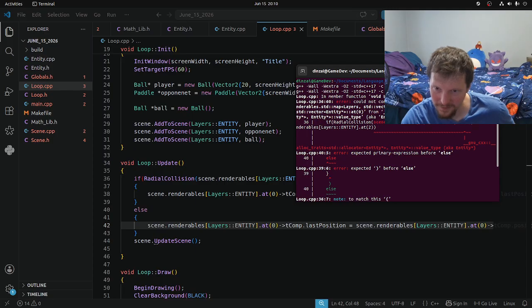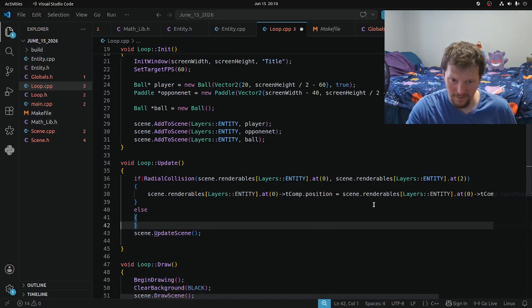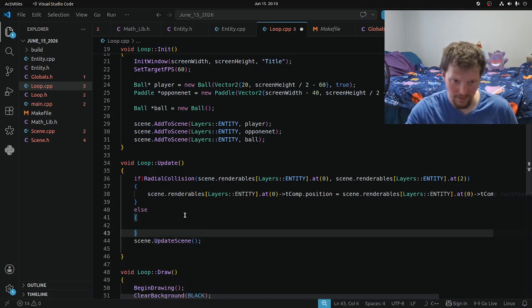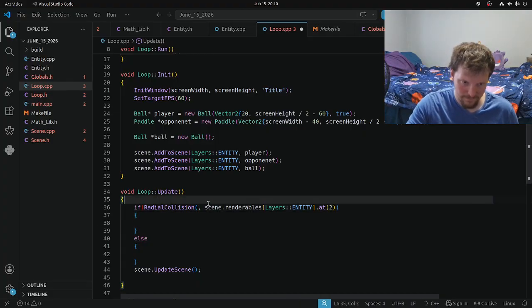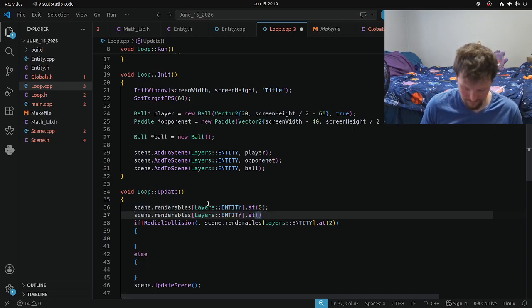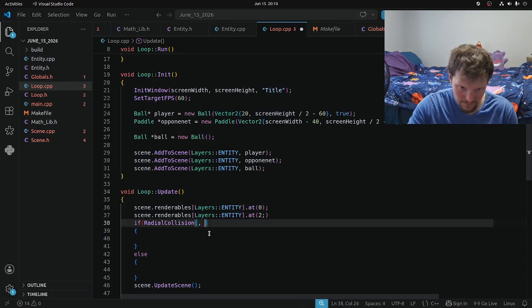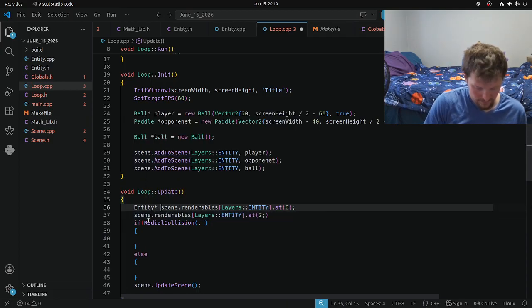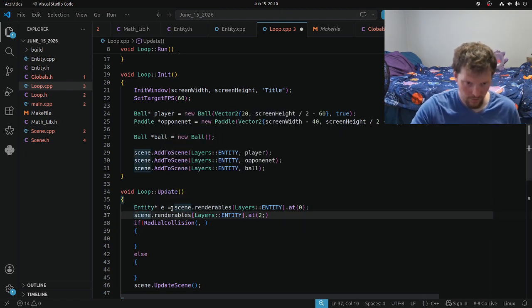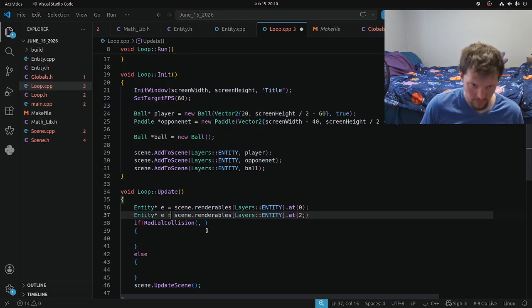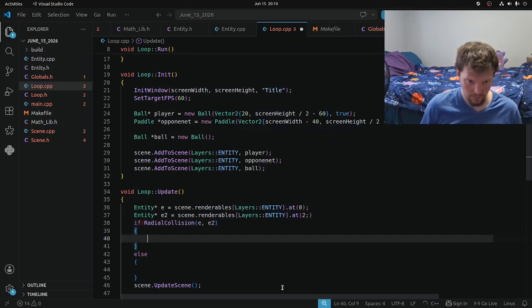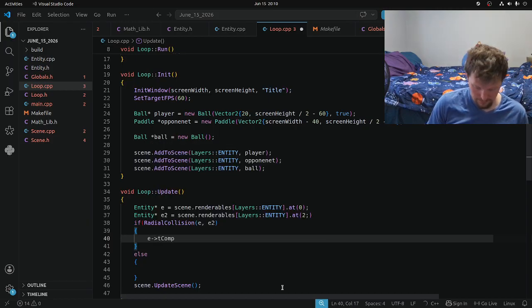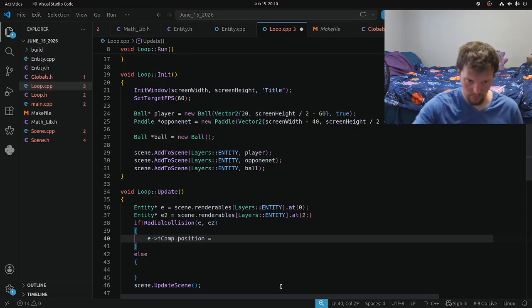Let's just see here if what I'm thinking is correct before I go too far down the rabbit hole. So E2, E dot T comp dot position equals